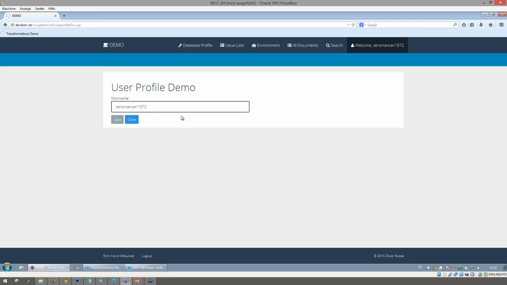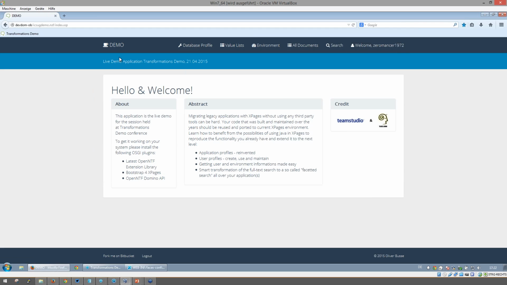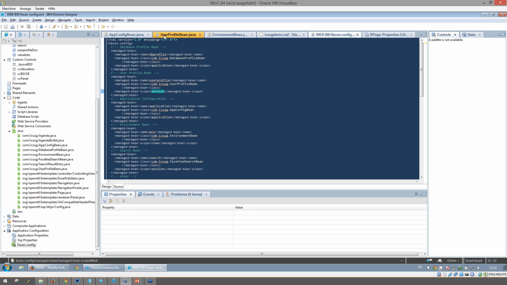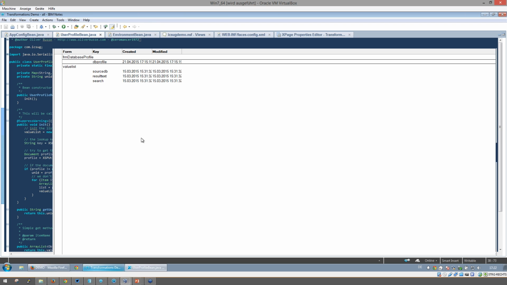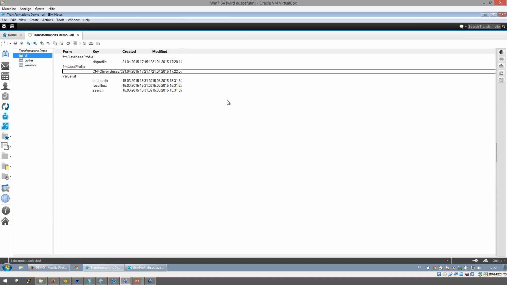So you can see what happens if I erase the content. My user profile bean will automatically return this value. I'll show you this class, of course. This is even simpler than the database profile one, but the principle is nearly the same. Just getting the document is somewhat different because I have to look up my profile from the view using my username. In this case, I'm computing it with the getEffectiveUsername method, and I can show you this also in the list. It is created here after saving it